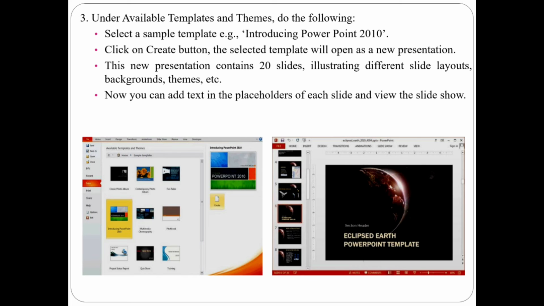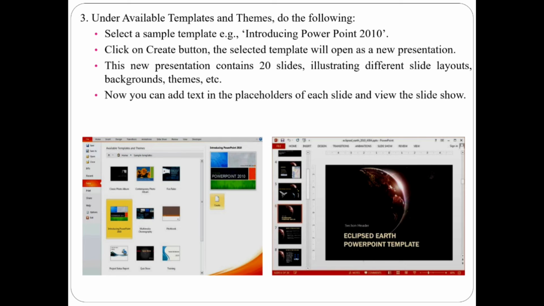Next step, under Available Templates and Themes, do the following. First, select a sample template, for example, Introducing PowerPoint 2010. Next, click on the Create button. The selected template will open as a new presentation on your screen.